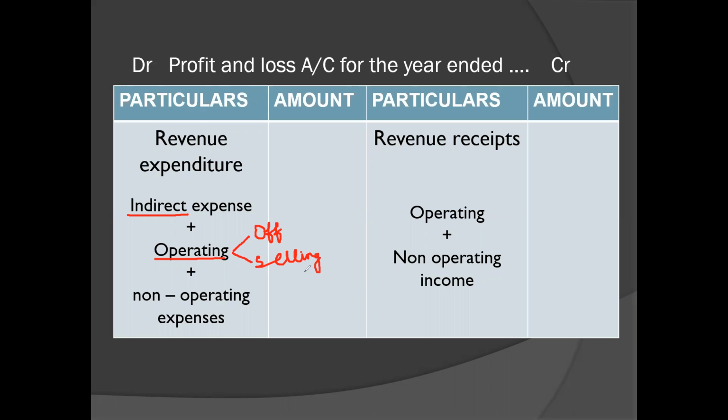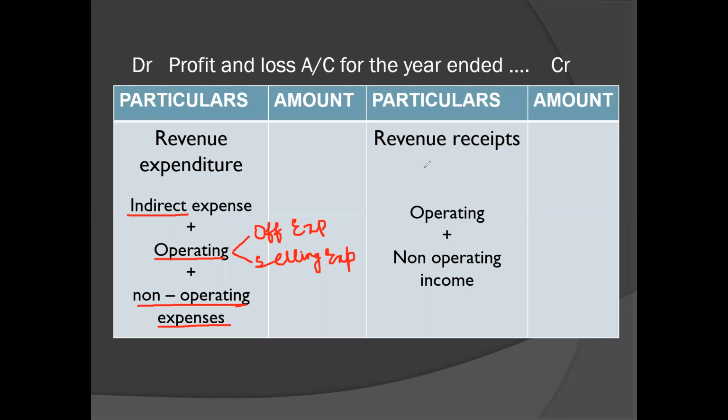These are all selling and distribution expenses. Along with indirect operating expense, we add non-operating expenses. Non-operating expenses are also shown on the debit side of profit and loss account,